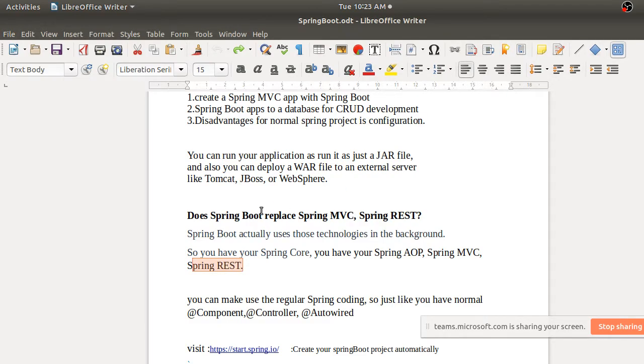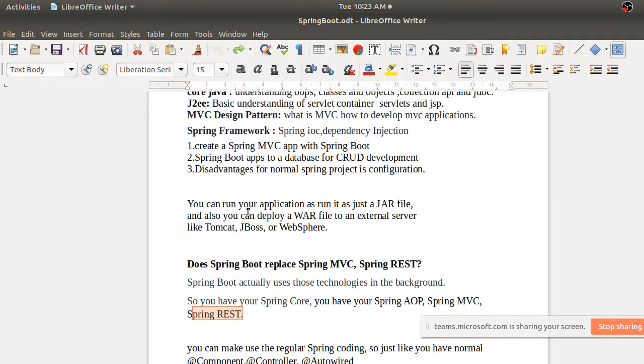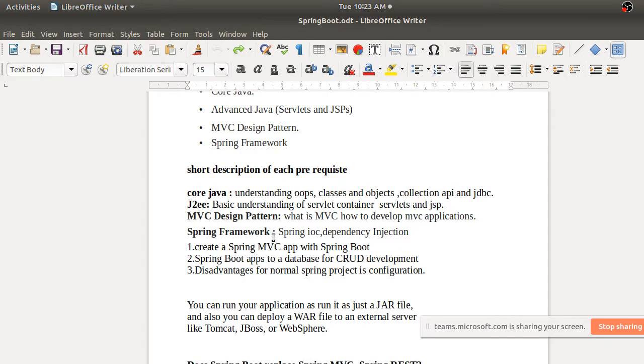Okay, so how are we going to do it? Obviously, if we are learning Spring Boot, what are the major prerequisites that we need? I think you already have a strong understanding of core Java, J2EE, the MVC design pattern and the Spring framework. So all this we already know, right? We will use all these topics and design this CRUD-based application.